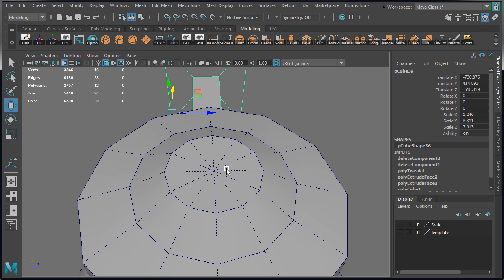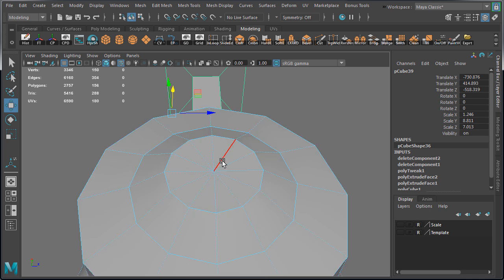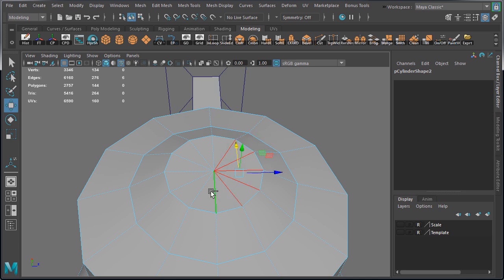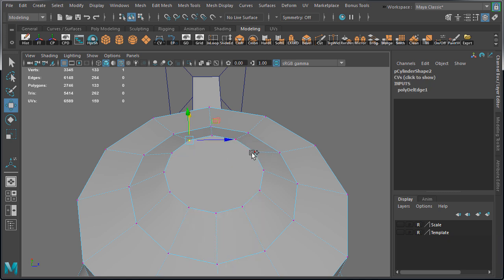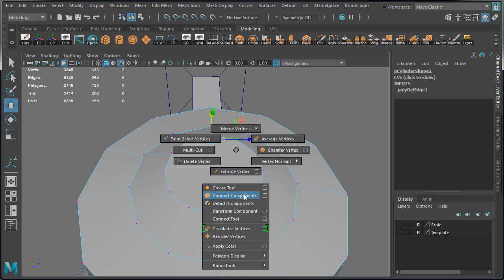When it comes to static objects, this will look fine inside Unreal Engine 4, but this is not clean geometry, and ideally we should take care of this. So we're going to select these edges and delete them. Press Ctrl Delete. Then switch over to Vertex Component Mode, select two vertices, hold Shift, right click hold, and choose